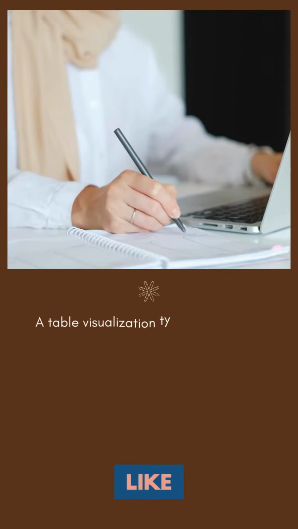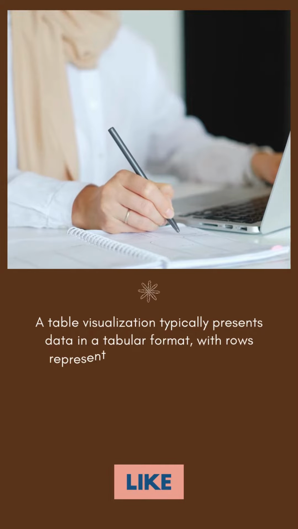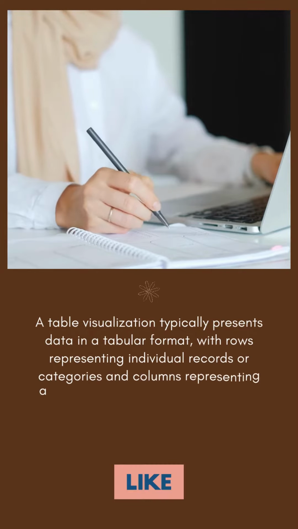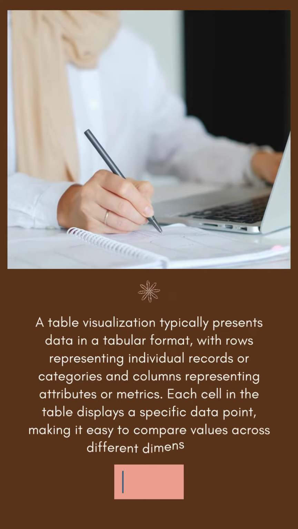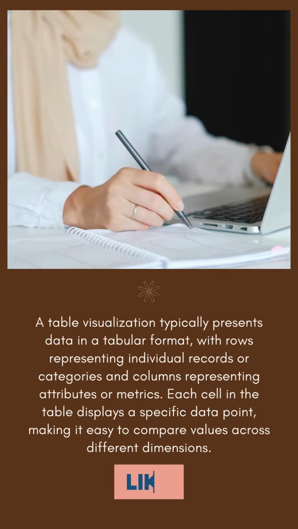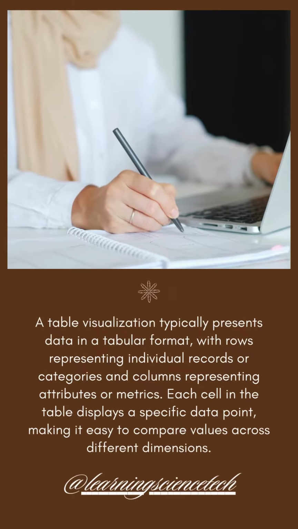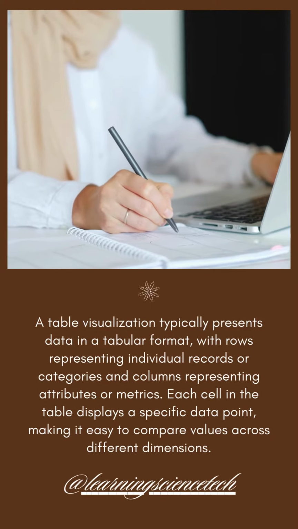A table visualization typically presents data in a tabular format, with rows representing individual records or categories and columns representing attributes or metrics. Each cell in the table displays a specific data point, making it easy to compare values across